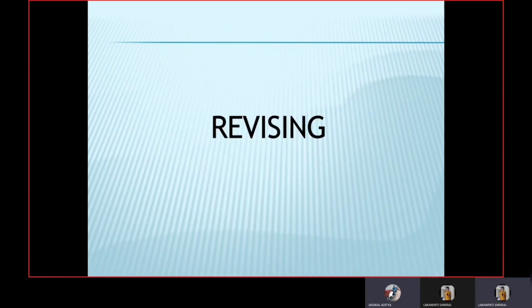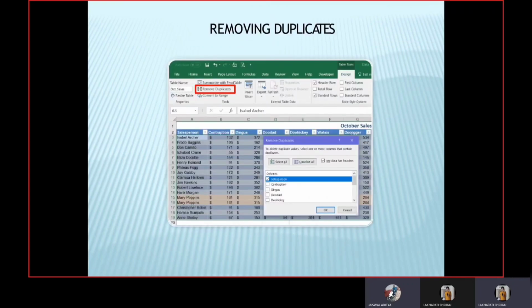Let us revise some of the useful and easy concepts of Excel sheets. Firstly, sometimes duplicate data is useful and sometimes it just makes it harder to understand your data. Use conditional formatting to find and highlight duplicate data. That way you can review the duplicates and decide if you want to remove them.